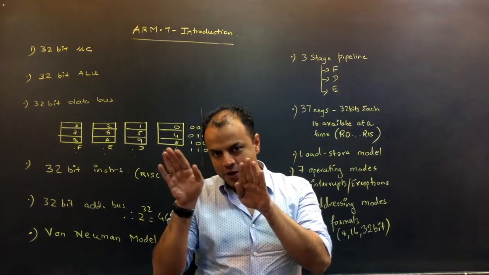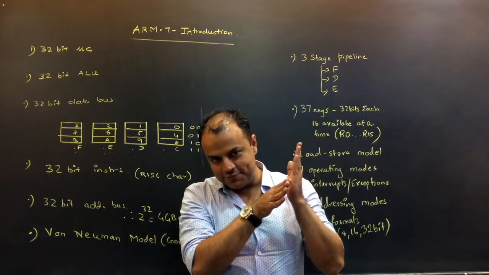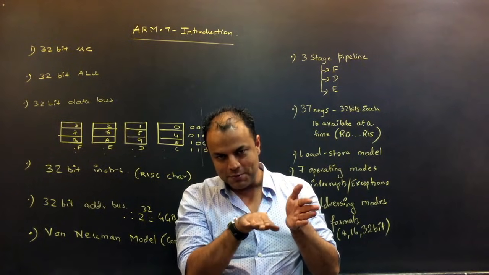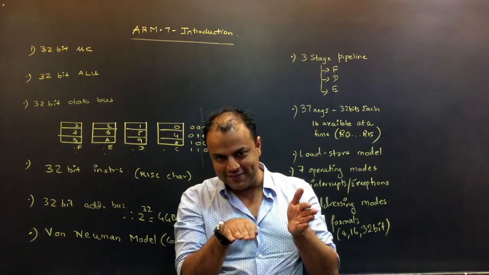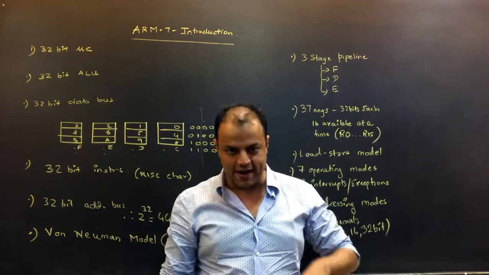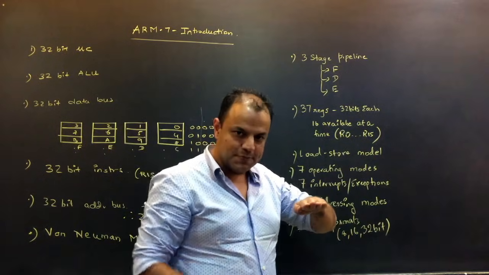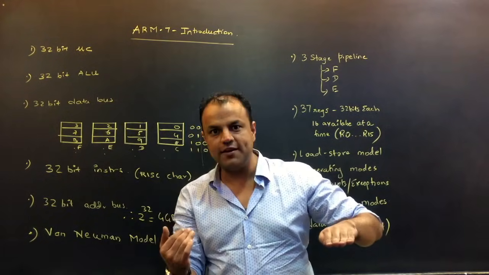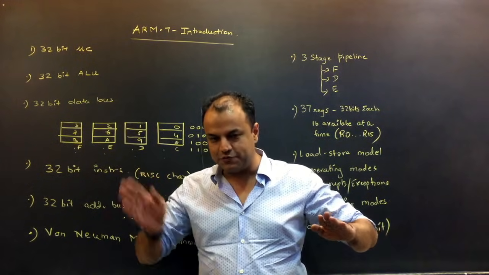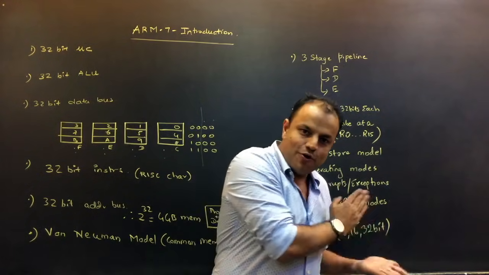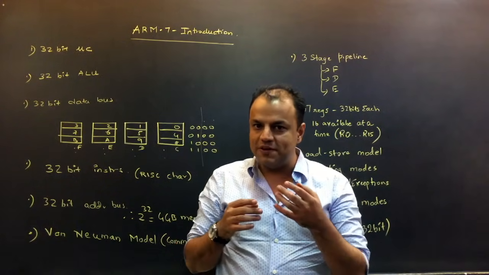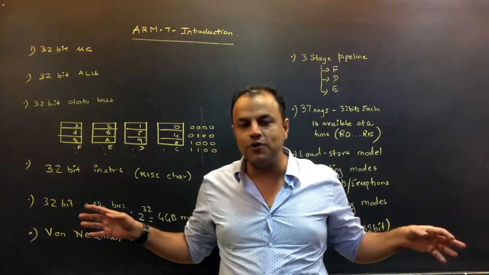So what will happen? By the time the first instruction has been executed, the second is already decoded and is just ready to be executed. By the time the second is executed, the third is decoded and ready to be executed. So it is working on 3 instructions at one time. One is being executed, the next one is being decoded, and the next one is being fetched. So once the first instruction finishes the whole process, fetch, decode, execute, thereafter all you need to do is go on executing instructions. All the time that was being wasted in fetching and decoding instructions has been totally avoided